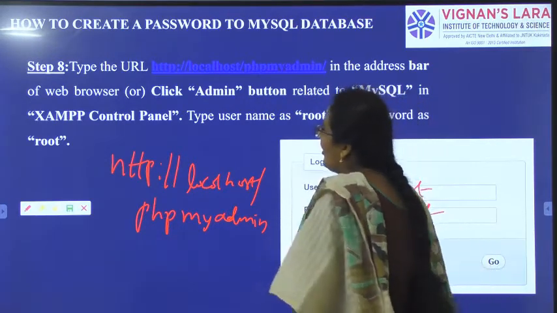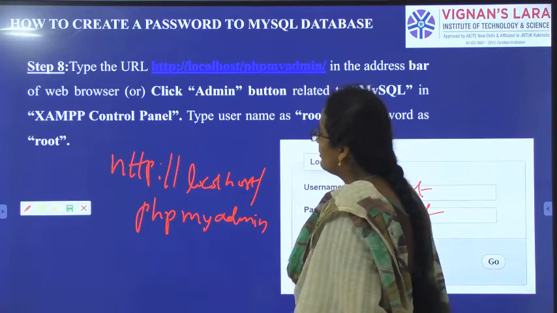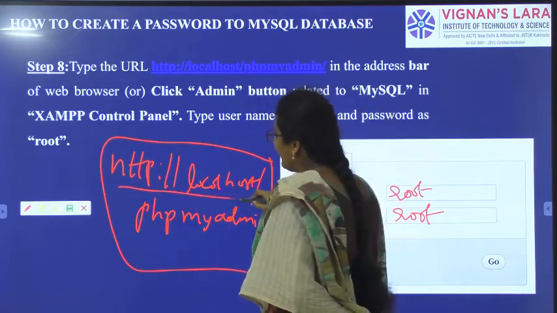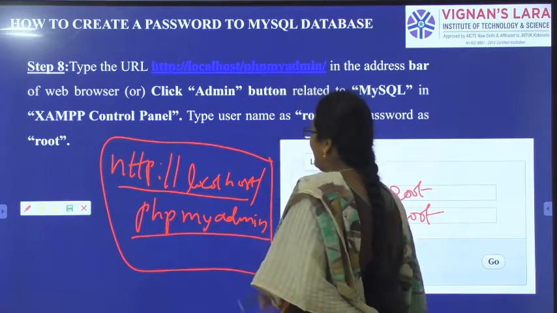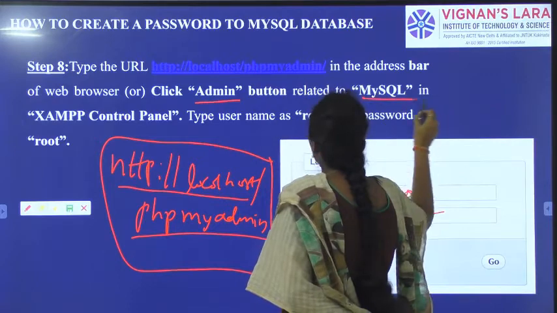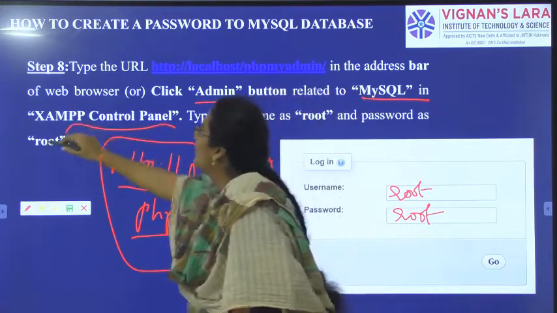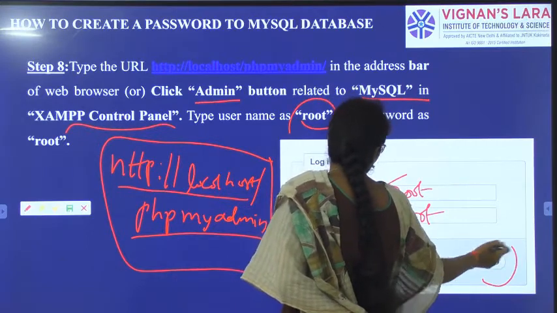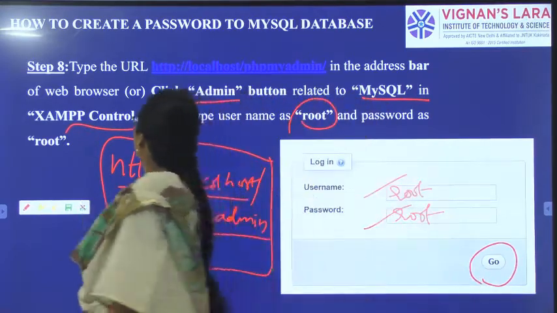So after doing all these things, what you should do? You should open a browser. In that browser you should type the URL as http localhost phpMyAdmin. You should click on the admin button which is related to MySQL in the XAMPP control panel. Then you should type username and password as root and you should click on the go button. So this is how